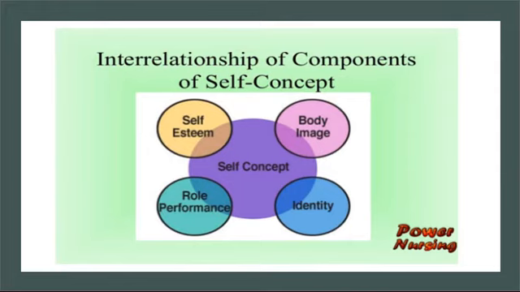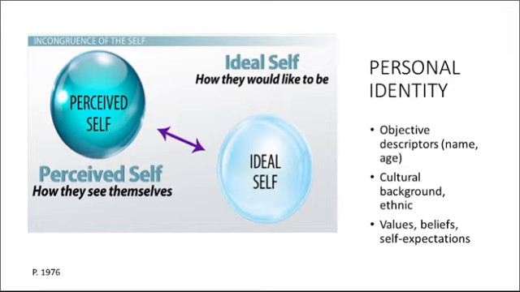As nurses we also need to take responsibility for exploring and optimizing our own self-concept. Personal identity. Ideal self is a person with qualities and individual beliefs he should possess as well as those he aspires to develop. A real self is our perceived true self, and our public self is how the individual wishes to be perceived by others. This is all on page 1976.